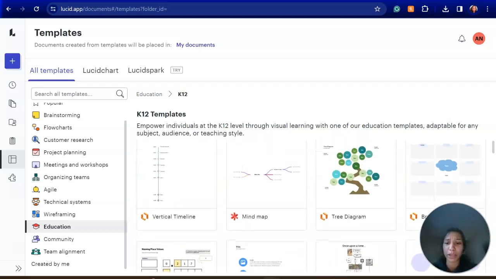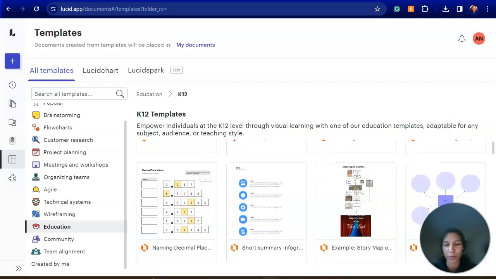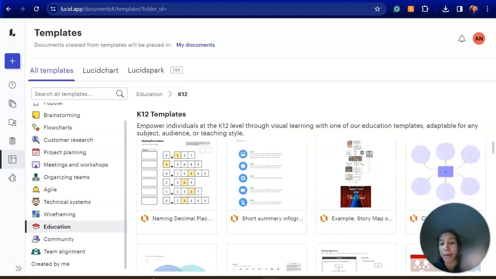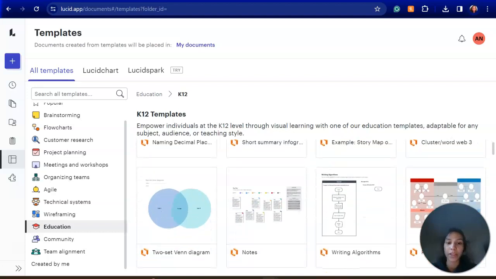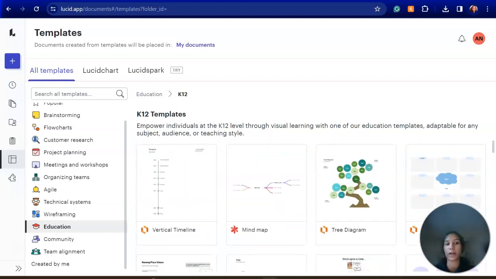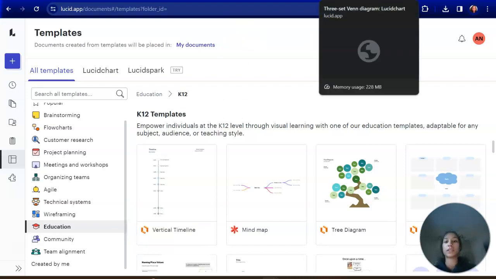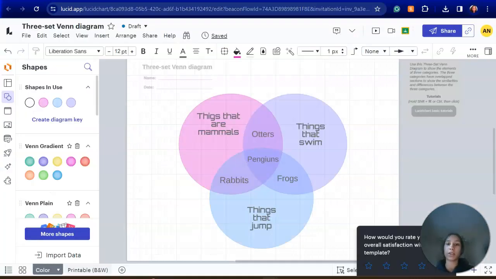There are mind maps, they have a tree diagram, they're brainstorming tools, maps of a story, and a short summary. These are all the K through 12 ones. They also have higher education, and also meetings and workshops, project planning, customer research, and stuff like that, and flowcharts. So today I made a 3-set Venn diagram, and